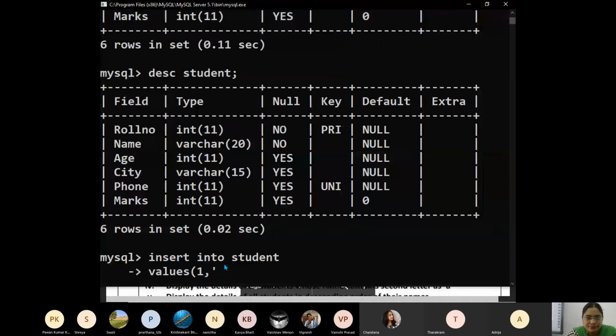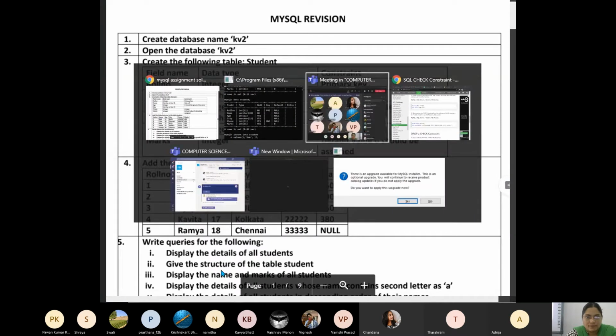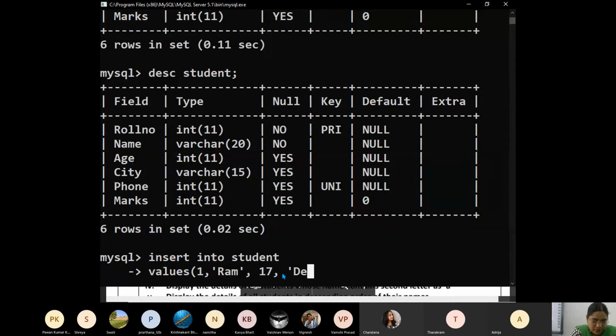Then 17. Ram, 17. Delhi. Then the phone number 1, 2, 3, 4, 5, 6. Then 450 marks. Enough.